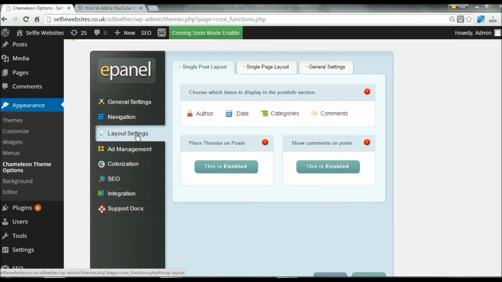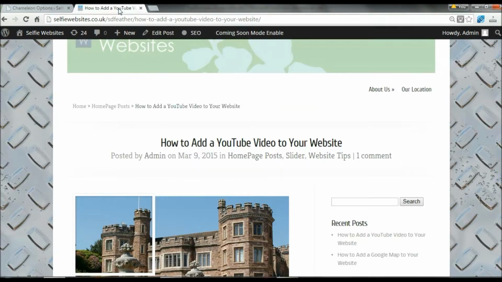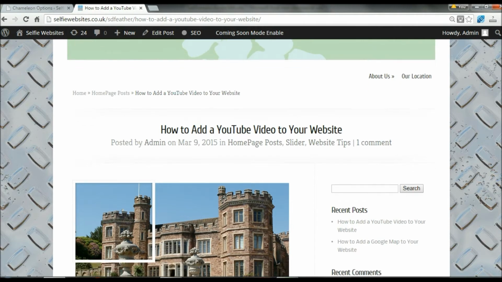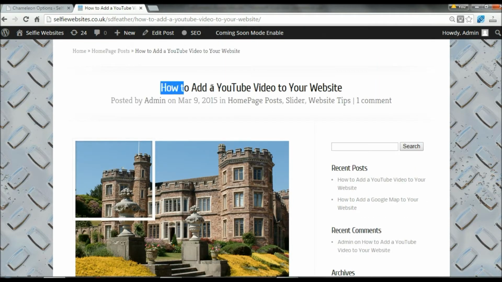Now this allows you to configure, well, you probably guessed it, the settings for the layout of your posts and your pages. So we just take a look at our post layout first of all. If I go back to the front end of our website, here's a post that I've created, and we've got the title of a post here, and underneath the title we've got who it was posted by, so the user for the website, so it's posted by the admin user, the date that post was posted, the categories of posts